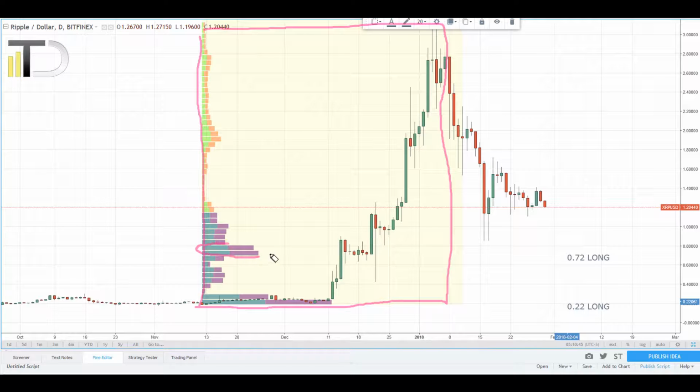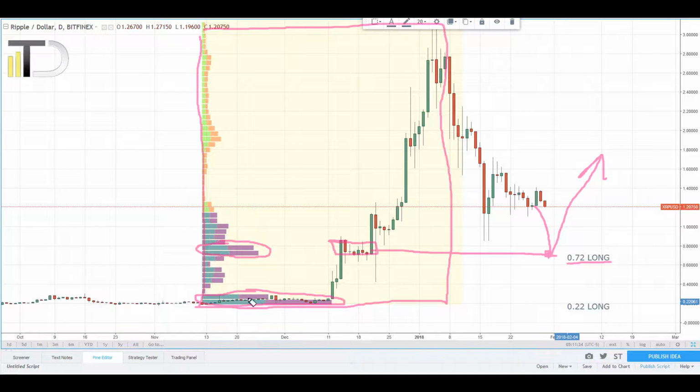So a very strong volume cluster is right there. Those volumes got accumulated in this sideways price action, and I think that if the price is to come to this area, there will be a huge reaction, because those buyers will be defending their buying positions from this area and they'll be pushing the price upwards. So the first level to go long from, for example, with the first half of your position, would be at this price level at 0.72,